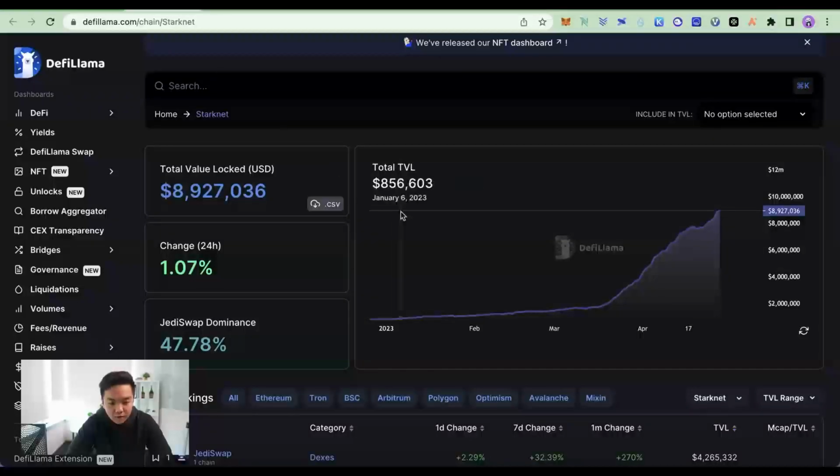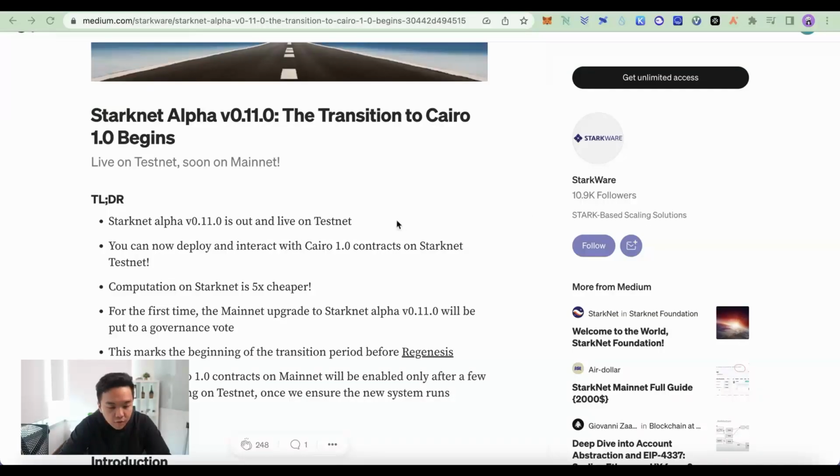So if we look at DeFi Llama, the TVL right now is at nearly 9 million, and this is insane. And with the governance vote for the mainnet upgrade to StarkNet Alpha in progress, it is very likely that the StarkNet airdrop is coming very soon. So in this video, we'll show you a couple of things you can do to position for a potential StarkNet